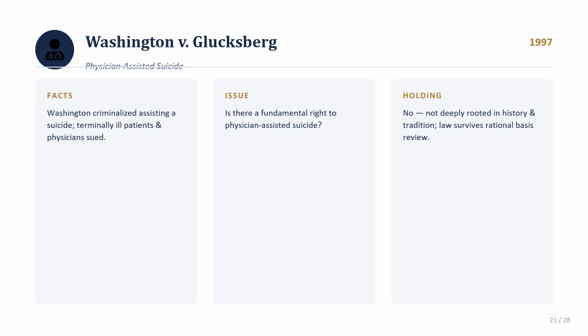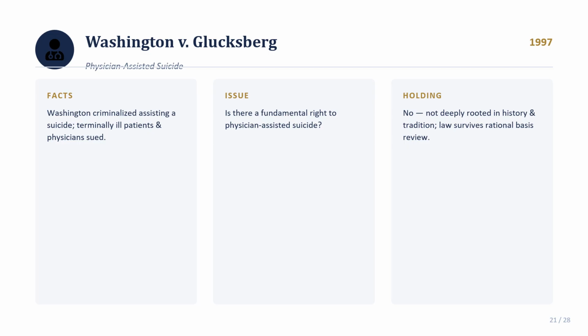The Glucksberg case asked whether the asserted right, physician-assisted suicide, was objectively deeply rooted in the nation's history and legal traditions. And they found that it was not, noting that the vast majority of states had long criminalized assisting suicide with no significant historical tradition supporting a contrary right. So the court declined to recognize it as fundamental. That same historical rootedness inquiry, applied to a different asserted right, is precisely the analytical method that the Dobbs majority used a quarter century later to conclude that abortion was not deeply rooted in the nation's history and tradition either.